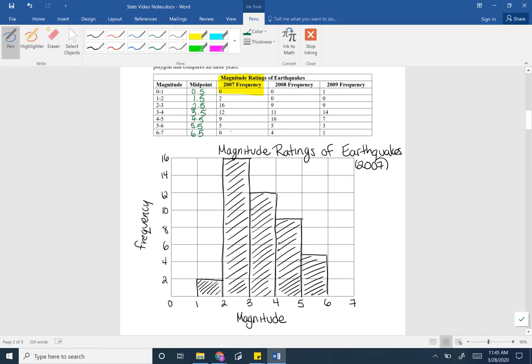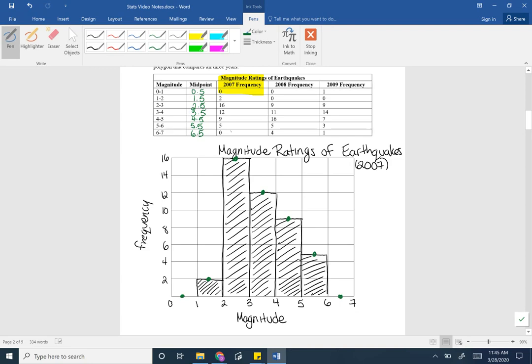What we're going to do now is draw an actual point at these coordinates. So I'm going to look at 0.5 and 0. So I'm at 0.5 and the frequency of that was 0. So I'm going to put a dot there for now. Notice that my dot is in the middle of the interval and I'm representing how many earthquakes happened in that interval. Next one, my midpoint is 1.5 and that had a frequency of 2. So all I'm really doing is putting a dot in the middle of the bar from my histogram. So at 2.5, we had 16. And then we'd have a point here, a point here, a point here,